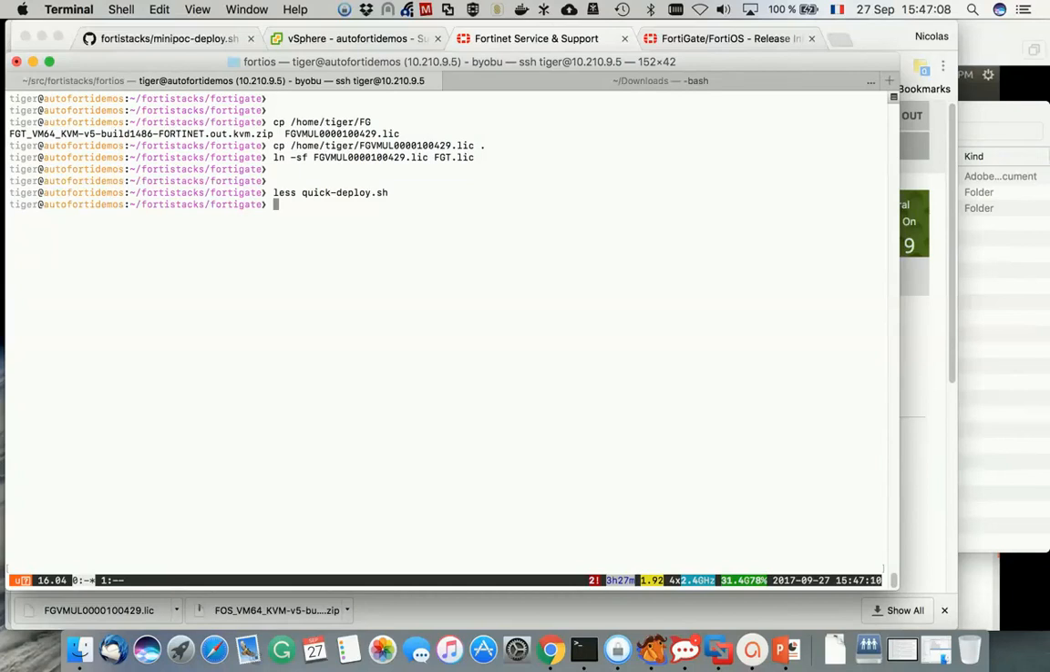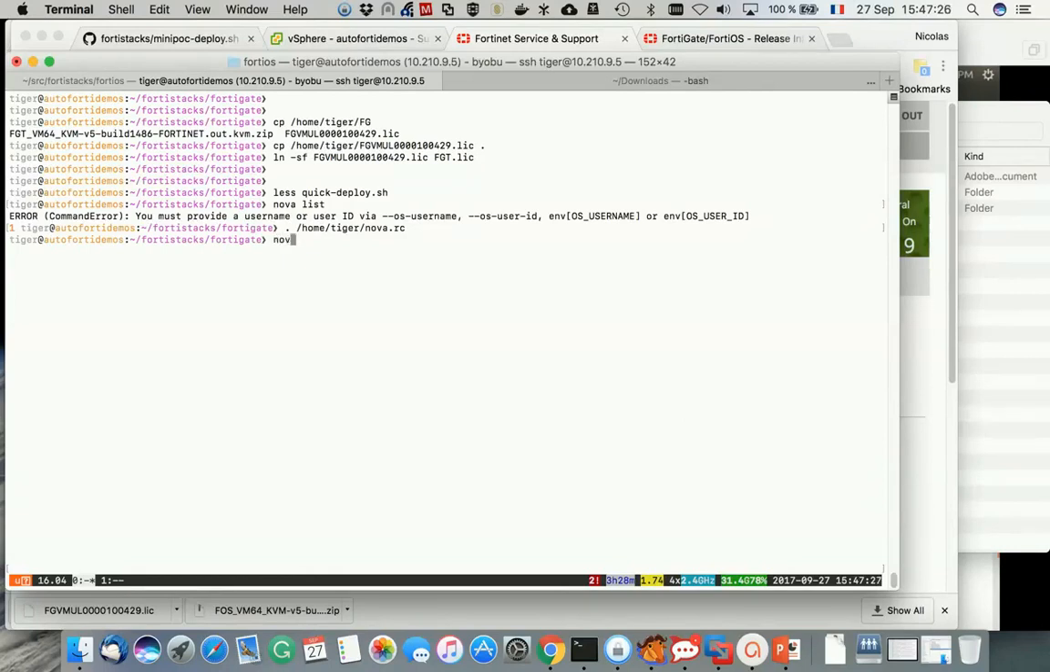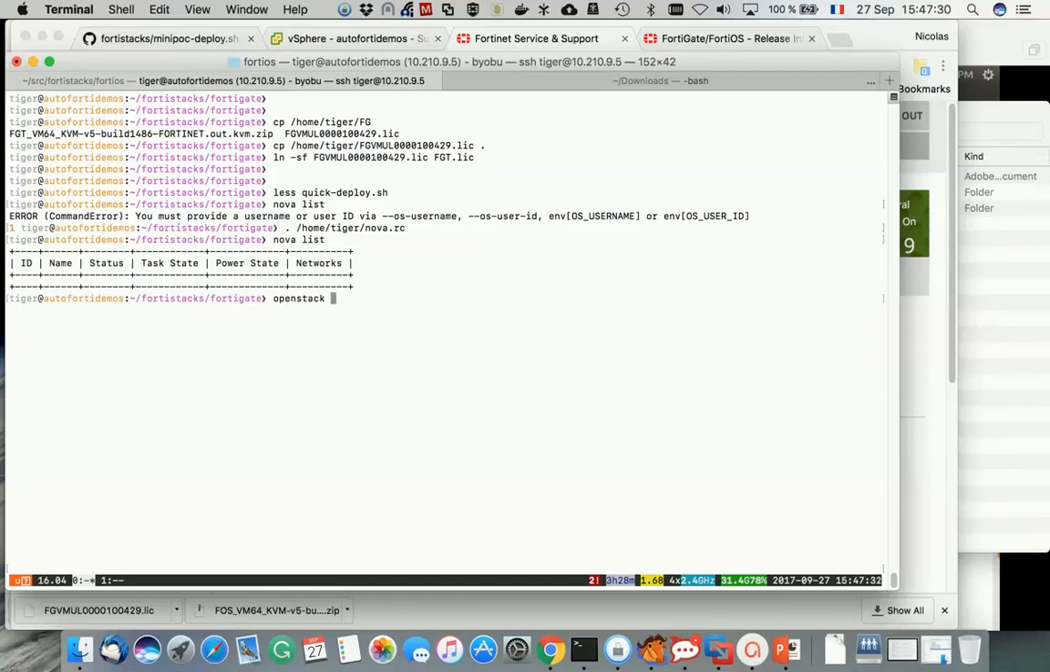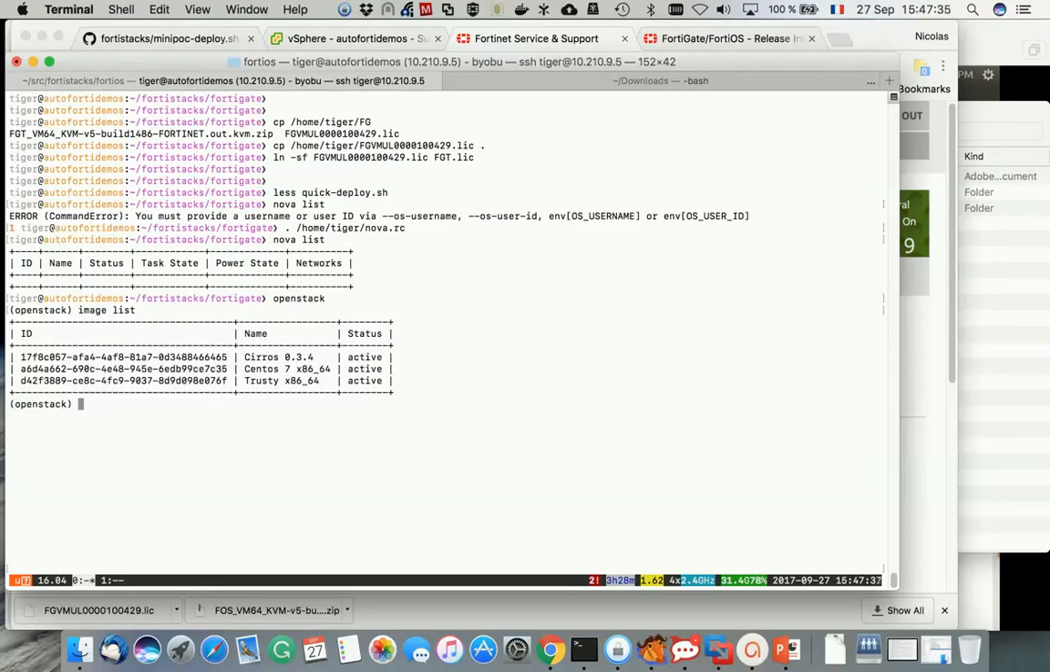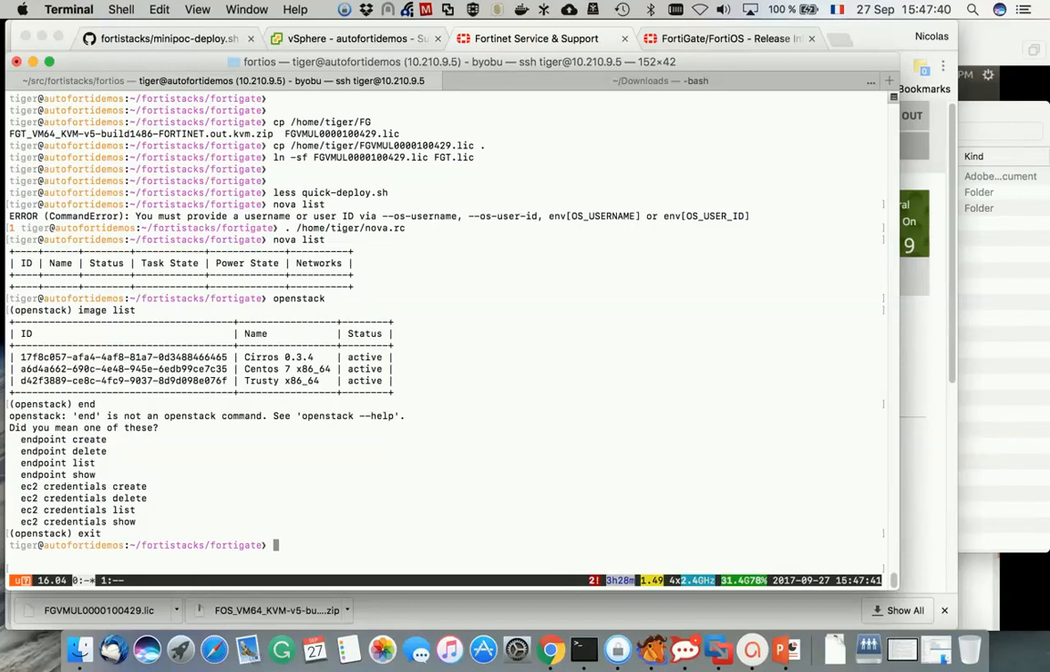So Nova has a... let's check if we can access our... we can't. The credentials are in home Nova RC. And then you can see I can do OpenStack command line in this folder,